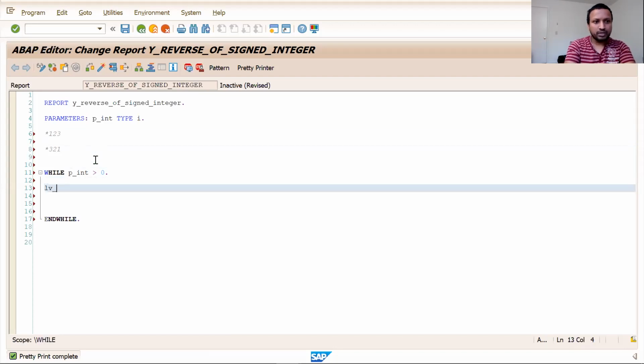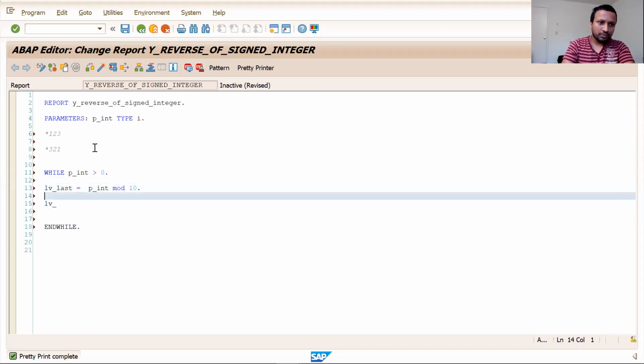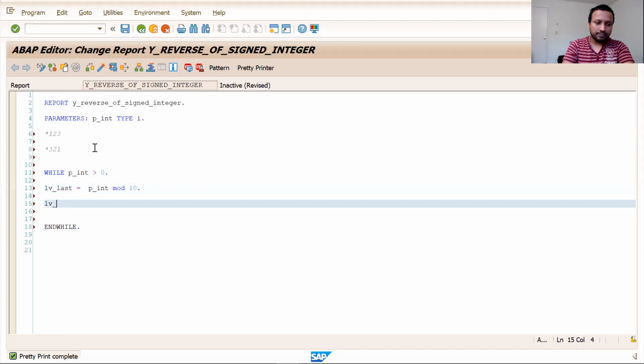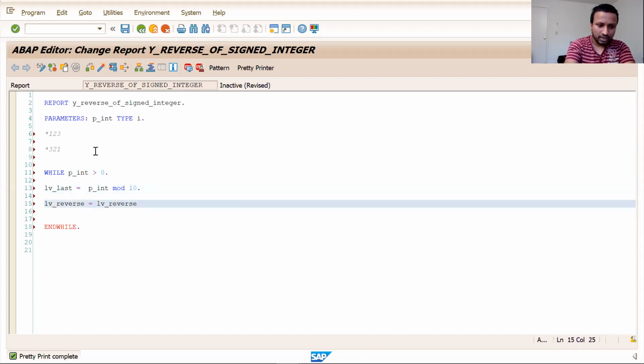The last digit will be lv_last. How do you take the last digit? It is pretty simple: you take p_int mod 10, so obviously you'll get 3 as the last digit. You put that into your temporary reverse variable. So lv_reverse is equal to lv_reverse multiplied by 10, and then add the last variable.